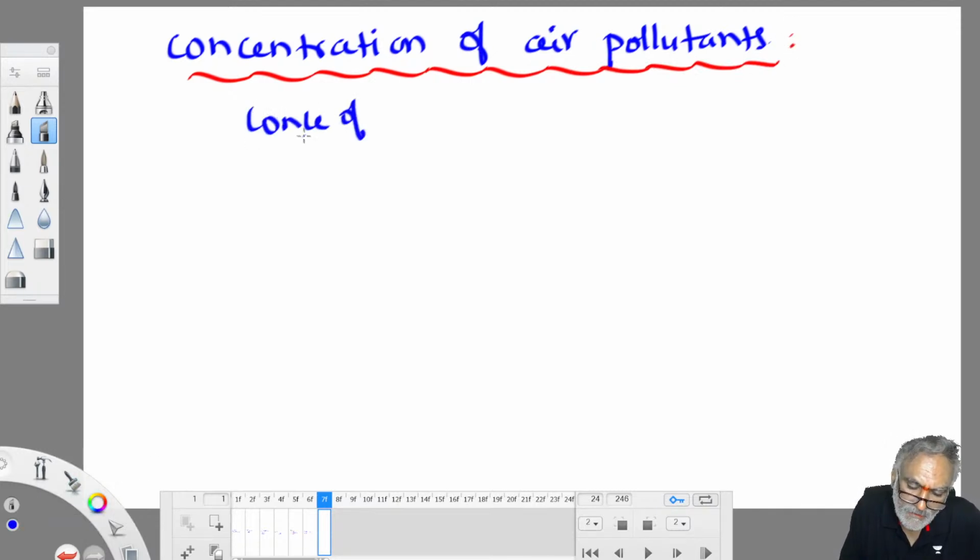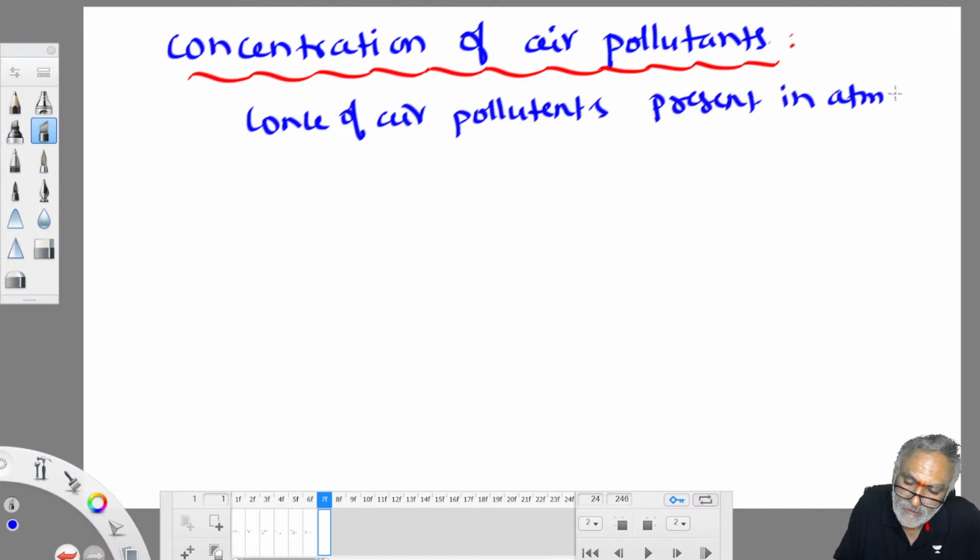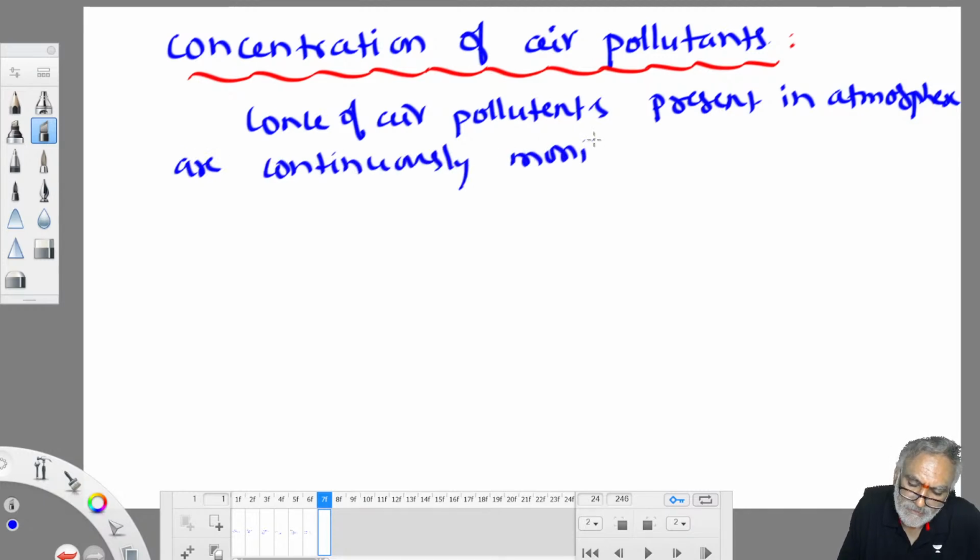So the concentration of air pollutants present in the atmosphere is continuously monitored. We monitor them. There is one department whose job is measuring their concentrations only. That's called the Pollution Control Board. Their duty is to find out the concentration of different pollutants in the atmosphere, continuously monitored,